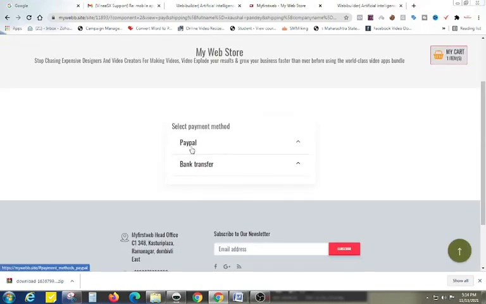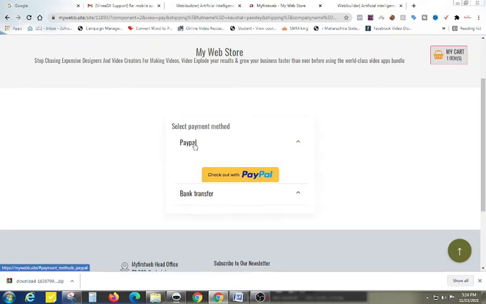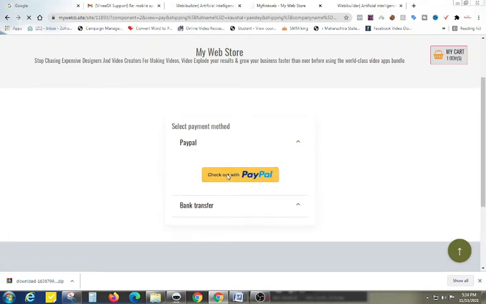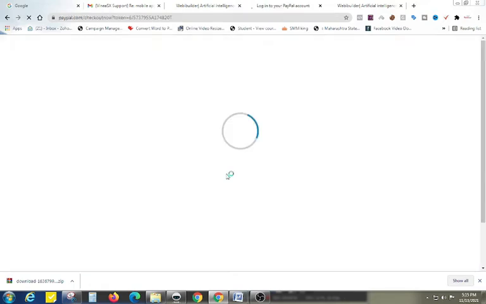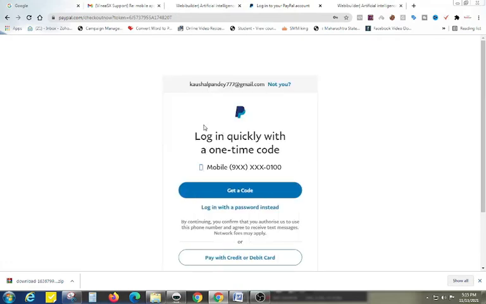So it's showing me 2 ways: PayPal and bank transfer. If I click on PayPal, it is redirecting to my PayPal account, which is in the name of Digital Infinite. So if I log in here, it will take me directly to PayPal, and the $20 will be deducted from my PayPal account.